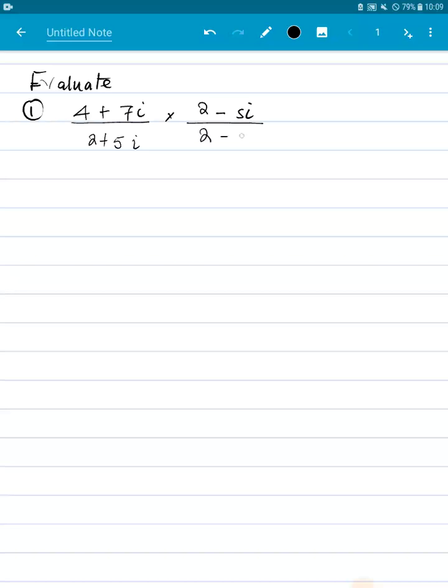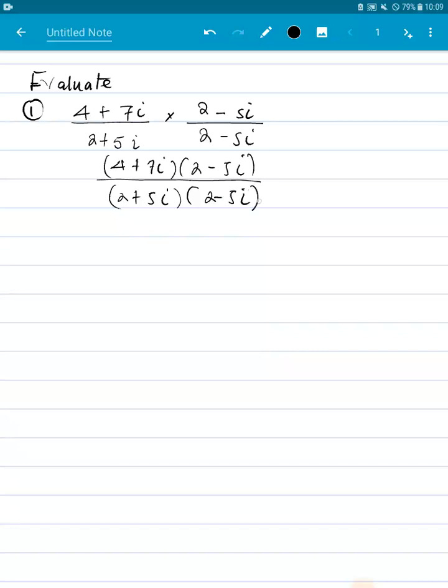Then you have 2 minus this. So multiplying this side, what do we get? We have 4 plus 7i, then we got 2 minus 5i over 2 plus 5i multiplied by 2 minus 5i. All right, so here what we have: 4 times that, which is 8. 4 times this is negative 20i, and this one times that is what,